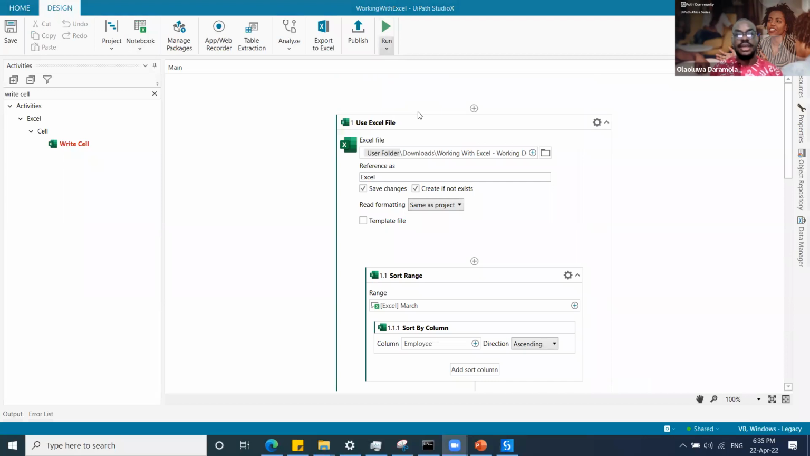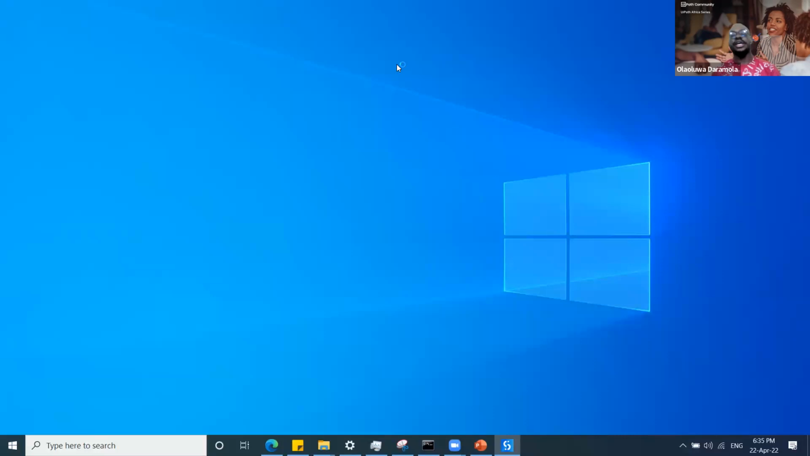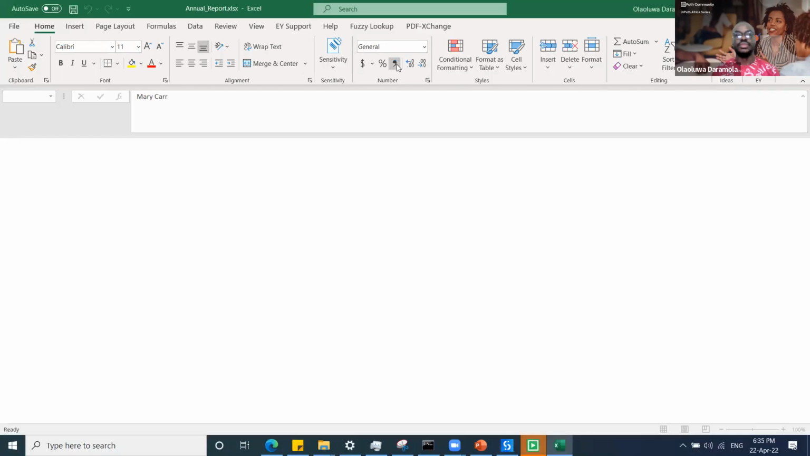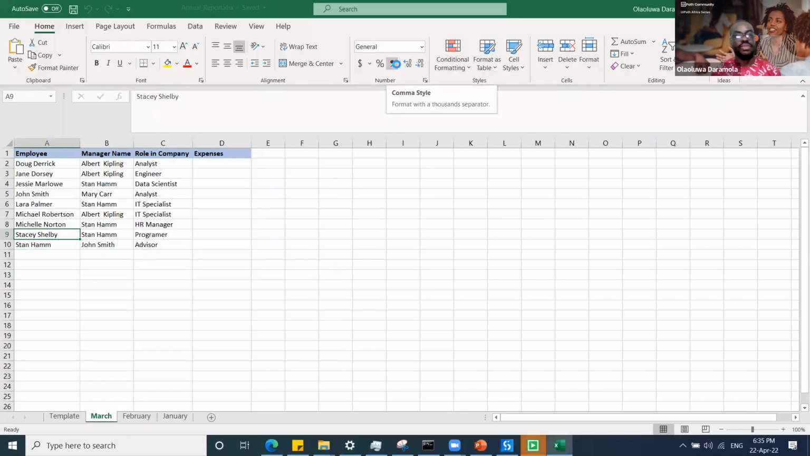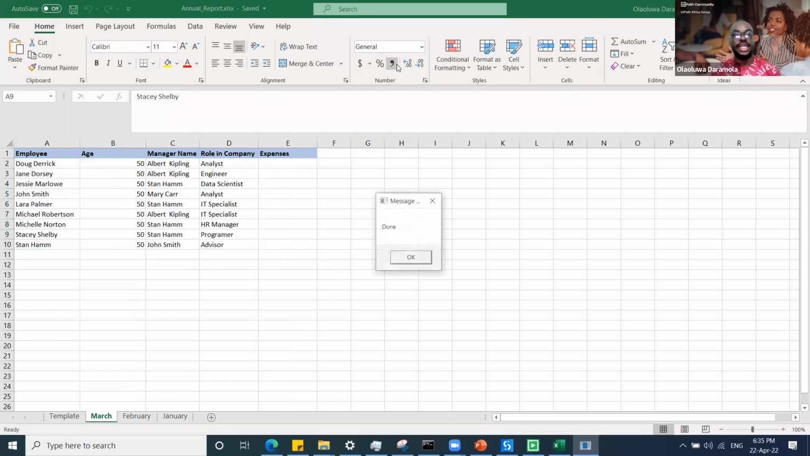So I'll click on run automation, and let's see how this plays out. UiPath has added our age, and you can see it's populating our age column. And I think I saw a question in the chat about adding or filling in data. So you can see that